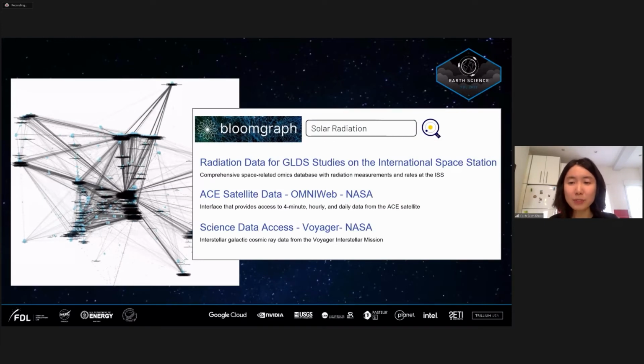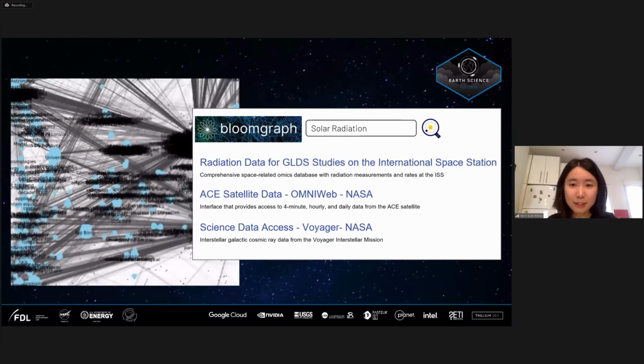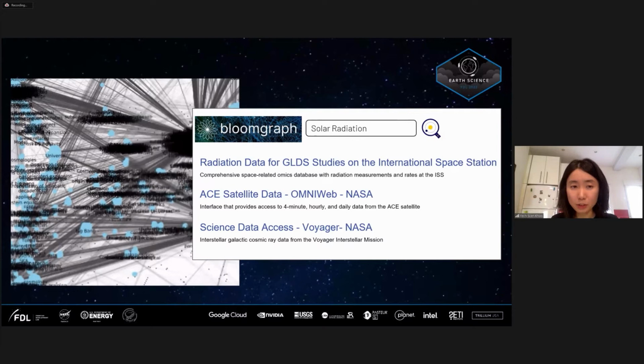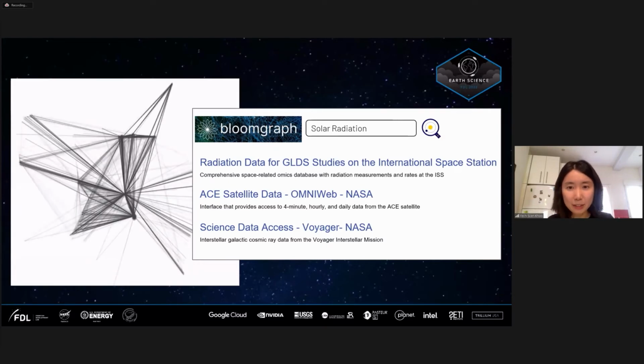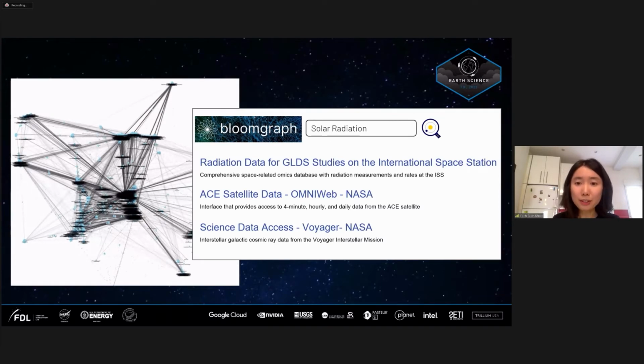There is a connection between radiation and astronauts' health at the International Space Station. The scientists will not only be provided with the solar radiation data from the A satellite, but also the galactic cosmic rays data from the Voyager, as astronauts are exposed to both these radiations. And these are satellites beyond our moon. So not only does this benefit the cancer researchers, but all scientists and humankind.